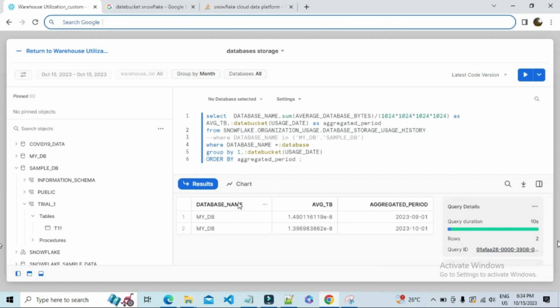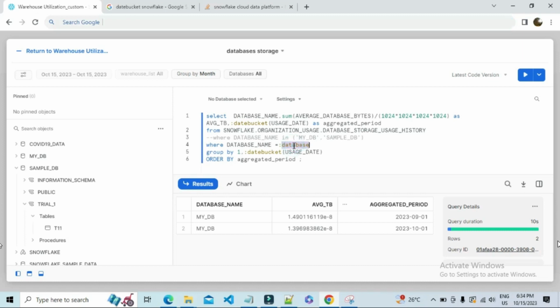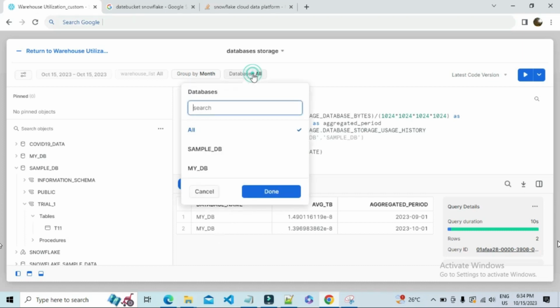Now we are able to see the query result. Here it is showing, for each database, how many average database bytes have been used over a period. For this, we have used this database level filter, which is listing all the databases. And if I wanted to go for